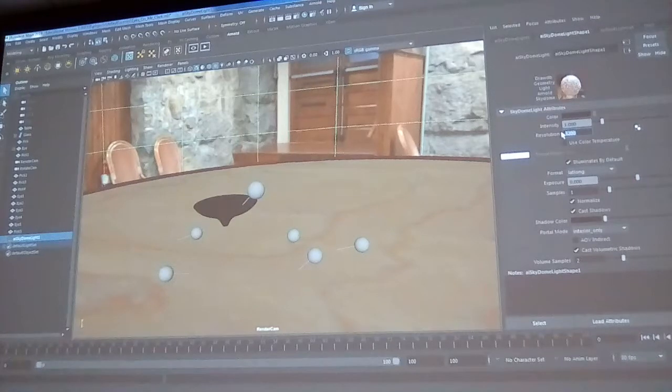We accidentally had it in intensity. And then we're gonna change this value to 3200. Look at outlining and see what